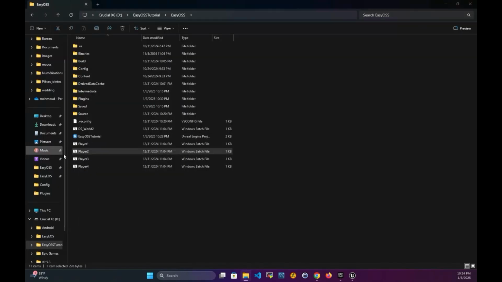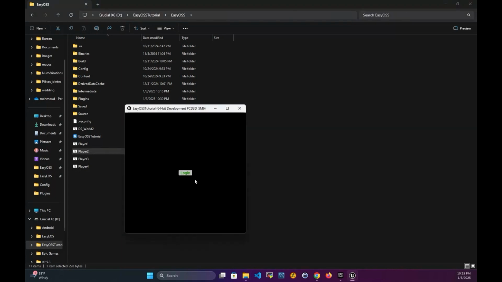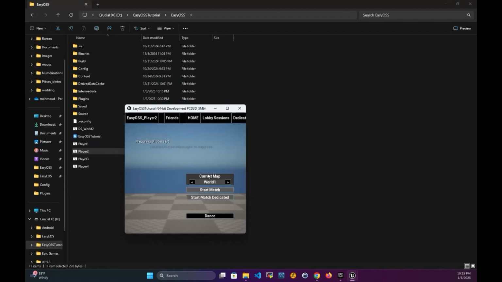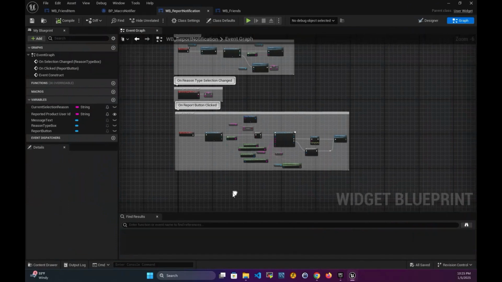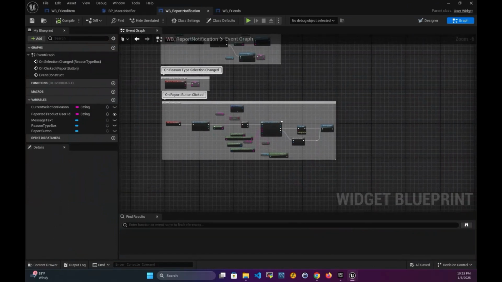Launch the Player 2 client who got the sanction. We see that he can still access and play the game. This is normal, because the sanction applied is recorded on the backend, but this sanction has no effect on the game client. It is up to the developer to query the player's sanctions when this player launches the game, and if the backend returns a sanction,